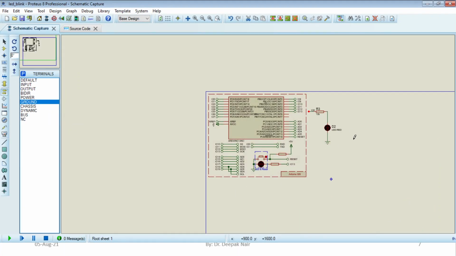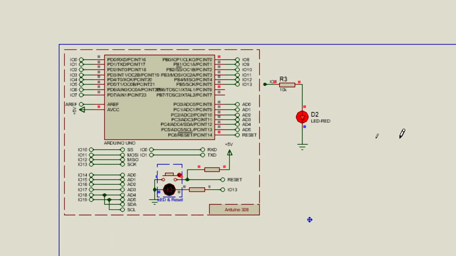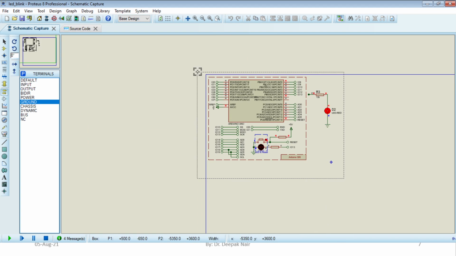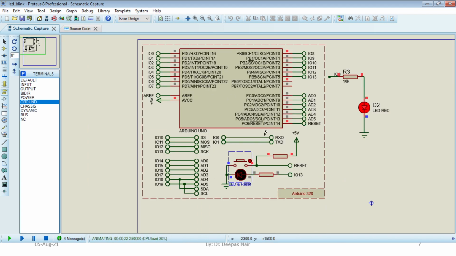And let's see whether our project is going to enable the LED to follow the blinking process. So now you can see pin number 8 is connected indirectly with this particular line, and the LED is blinking. In this way you can choose any pin, and rather than dragging and connecting directly, you can just name that particular wire and generate different functionalities in the code. So this was the brief introduction about the Proteus IDE and how to simulate Arduino using Proteus.